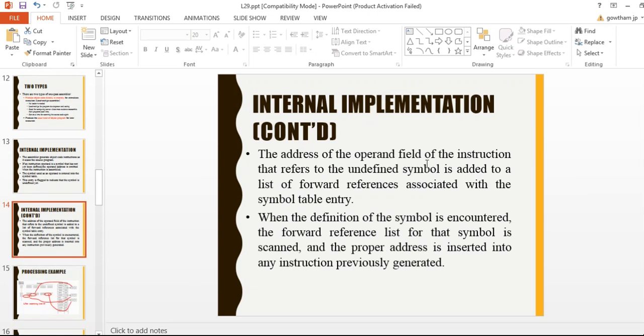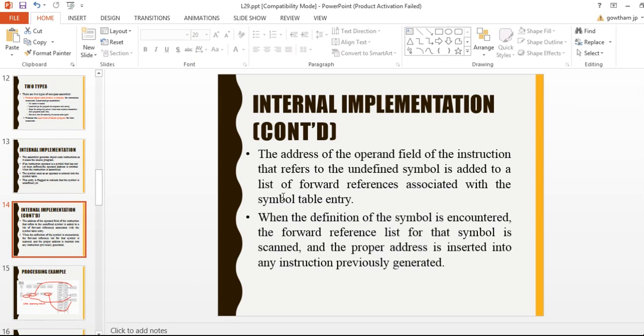The address of the operand field of the instruction that refers to the undefined symbol is added to the list of forward references associated with the symbol table entry. When the definition of a symbol is encountered, the forward reference list of the symbol is scanned and the proper address is inserted into any instruction previously generated. So go on scanning the instructions.